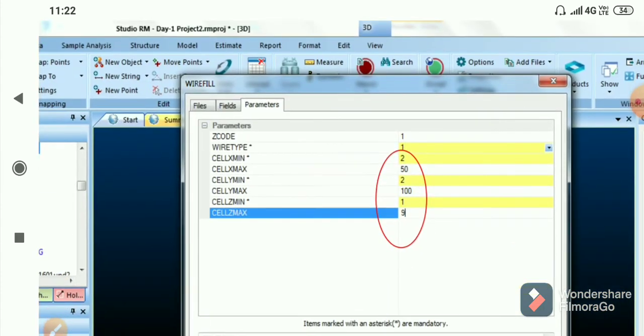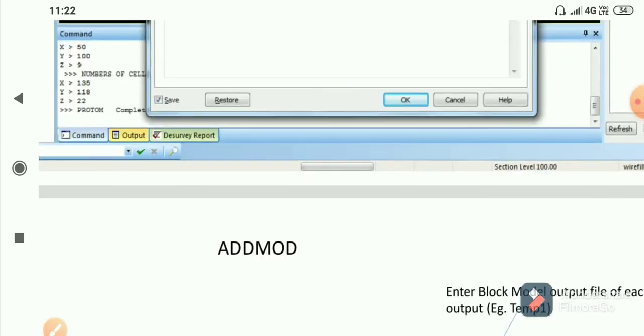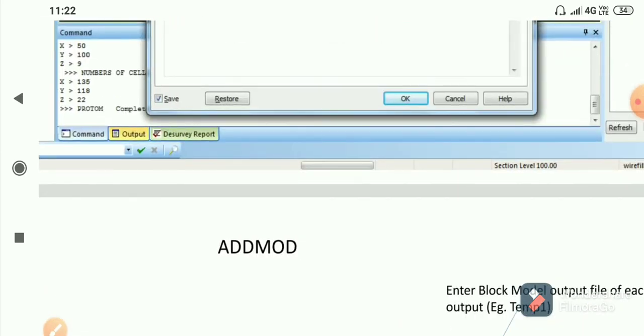Here it is again asking the X minimum, X maximum, Y minimum, Y maximum, Z minimum, Z maximum and size of the cell. Then OK. So the filling of cells in the hollow body is completed.